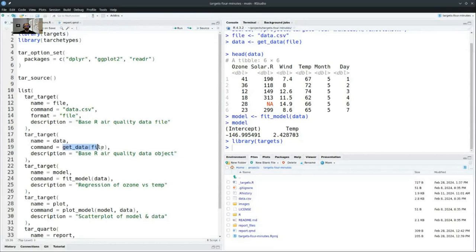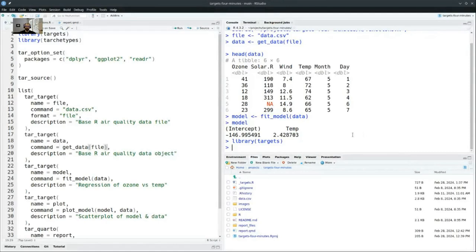And so these expressions like get_data on file, they're not going to be run just yet when you run this list. These are quoted and they're going to be run later. But instead of just saying get_data in the R console like we did before, we're saying, okay, this is a task that's going to run later when everything is ready to run. And this is a really pedantic way of laying out all the steps in the pipeline, all of the inputs and all the outputs. And the inputs are what you would read as the function arguments or the global variables in the expression here. And the output is going to look and feel like the object that you've given in the name.